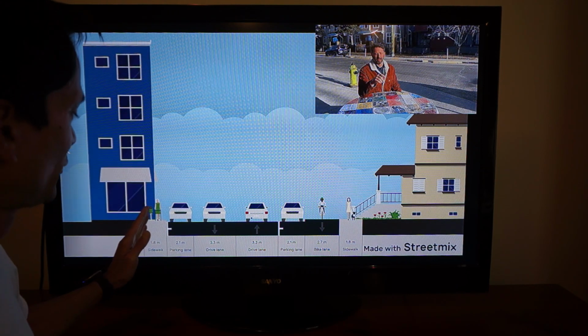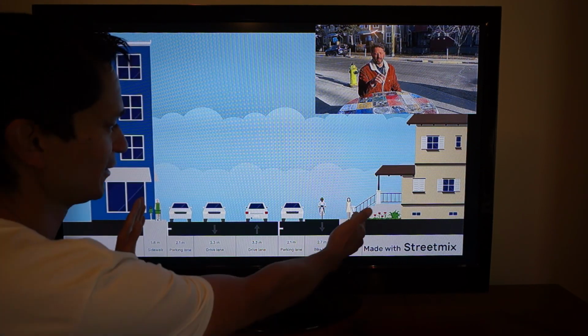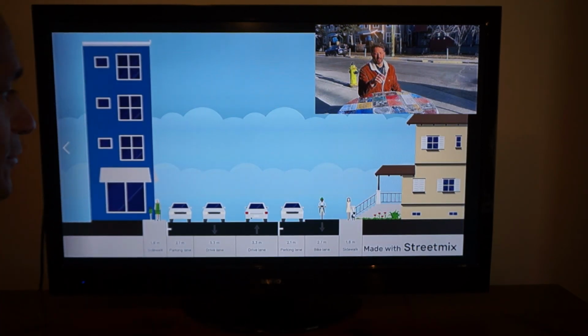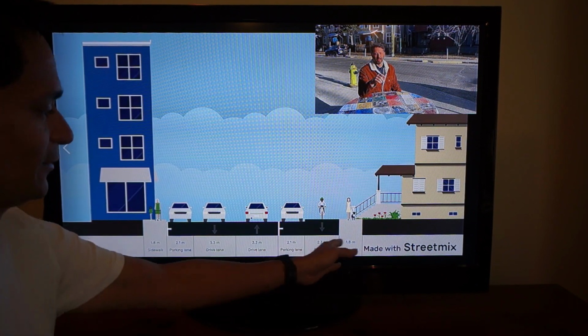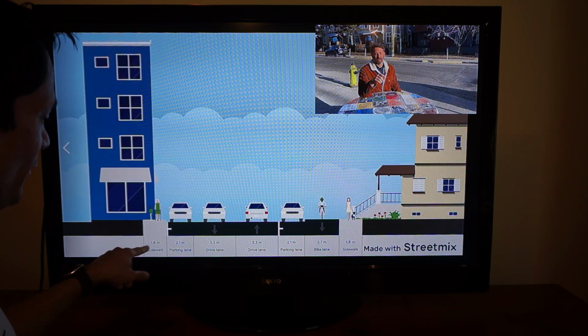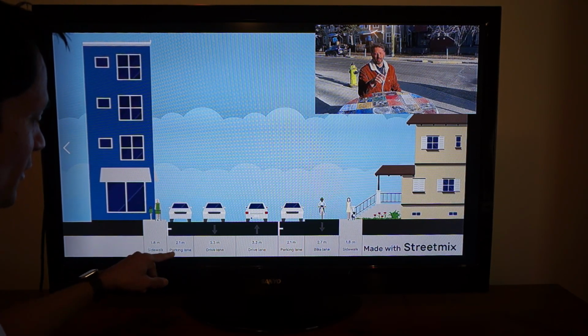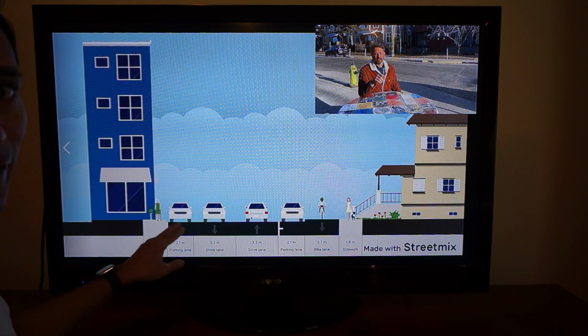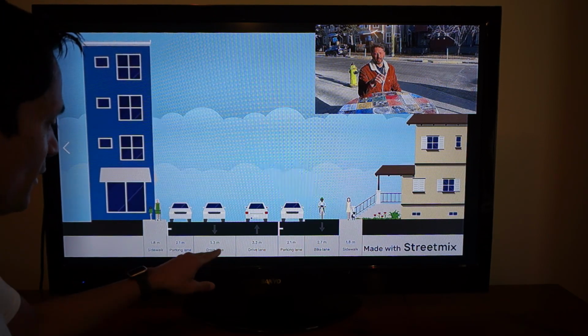So I don't know if Shifter didn't measure this distance exactly, or somehow they've managed to make it wider in real life. So they've got 1.8 metres wide for the pavement for pedestrians, 2.1 metres for the cars to park,